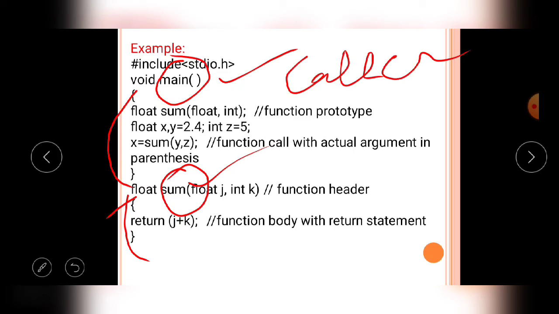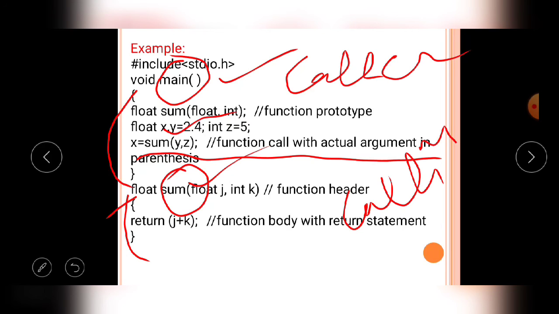Here the sum function is called by the main function in this statement. In this statement a function call is there. The sum function is called by the main function, that's why the sum function is called the calling function.